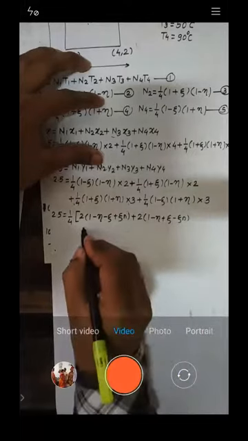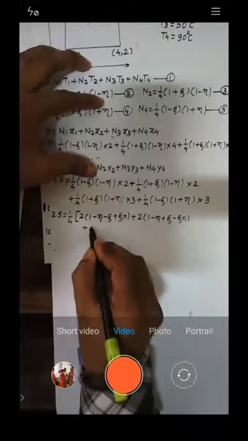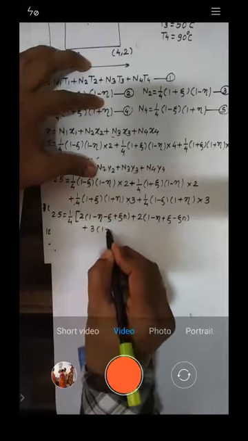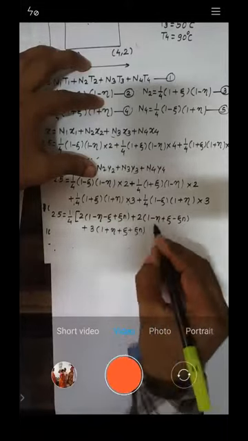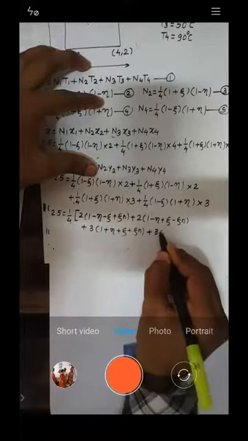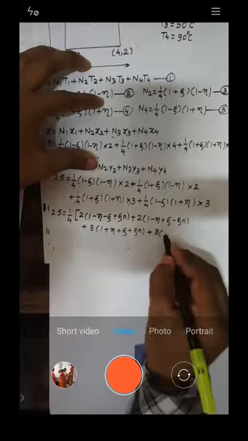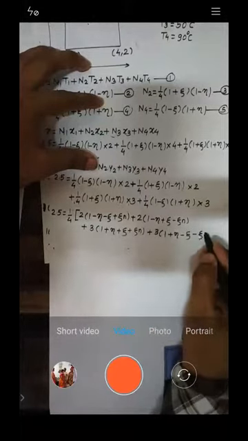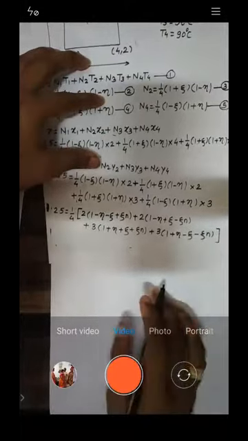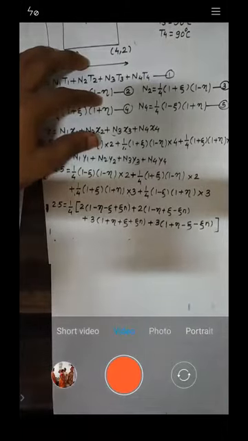Next, what I will do is plus this 3 I will take it out. So this is 1 plus neta plus zeta plus zeta neta, right? Then plus again 3 I will take it out. So what is remaining? It's 1 plus neta minus zeta minus zeta neta. Is it okay?